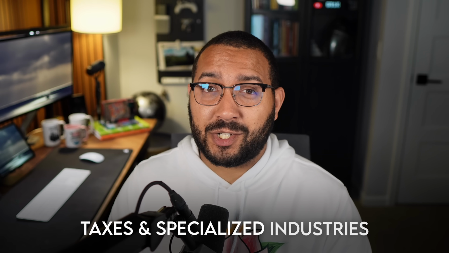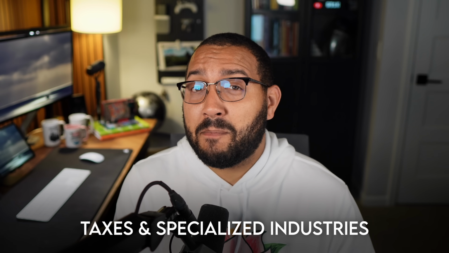Like I mentioned a moment ago, the patch notes are 9 pages long. And as you can imagine, a lot of what's included is super specific bug fixes or things that we've already been told about. However, there are some brand new things, so I decided to group the most important changes into 5 categories. The first of which is taxes and specialized industries, and there have been some big changes here that